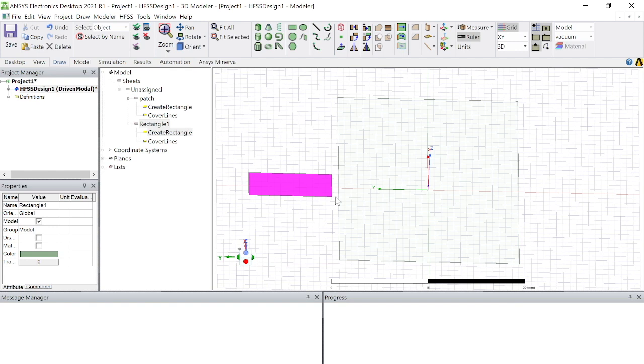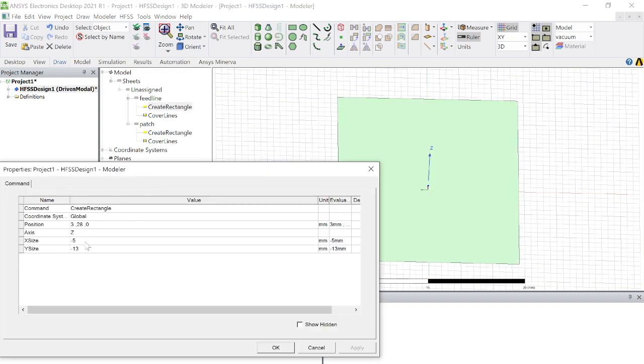We can rename it feed line. So it is 3.8 by 16.4, but